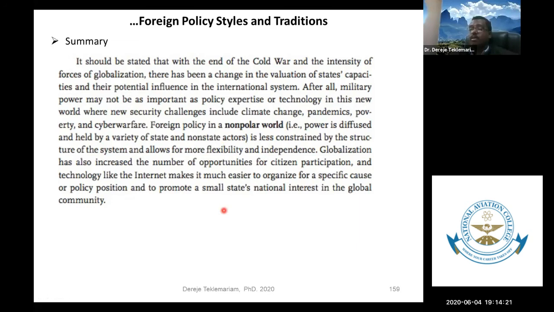So please remember that this classification, great power, middle power, and lower power, is still there, but it's not the status quo. Things are really evolving and changing. Power is on diffusion, and we are really moving toward this non-polar world where power is diffused among state actors, even non-state actors, corporations, and international organizations. And this is all about the third chapter.